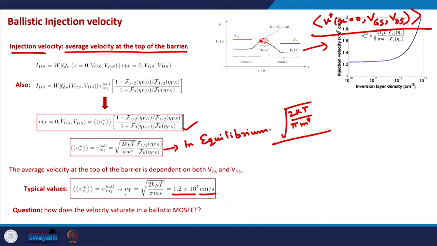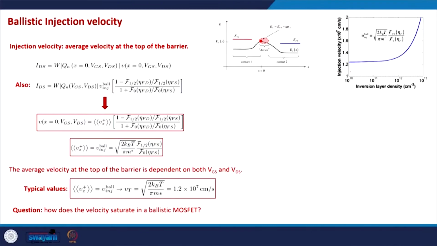Okay. And even in the ballistic MOSFET, there is no collision in the channel. So that is the central topic of today's discussion: how does the velocity saturate in a ballistic MOSFET, and what is the underlying physical principle of that. So, here we show the injection velocity as a function of inversion layer density, as a function of the charge density,